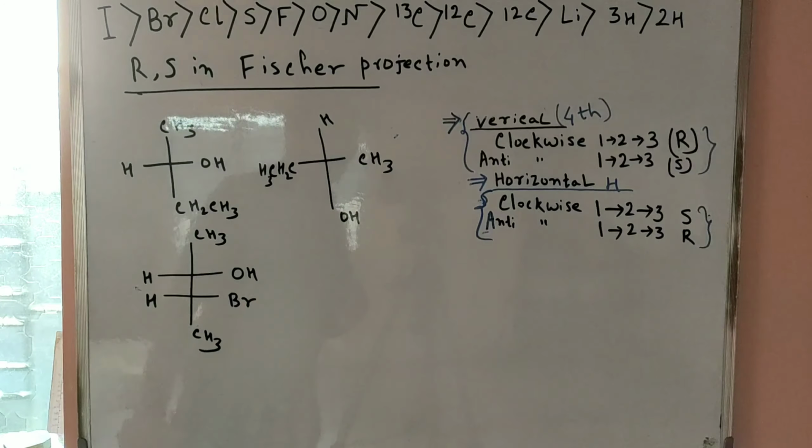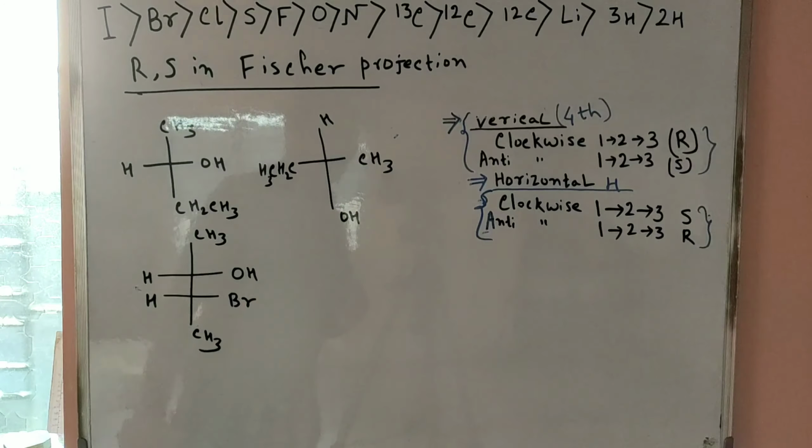So we get the SS configuration. But when you follow this configuration, 1, 2, 3, 4, considering this carbon atom, 1 to 2 to 3 is clockwise, and the fourth is on the vertical line. According to the horizontal rule, when clockwise rotation occurs and the fourth priority group is on the horizontal line, we call it R. But here clockwise rotation occurs with the fourth priority group vertical, so this center is R.